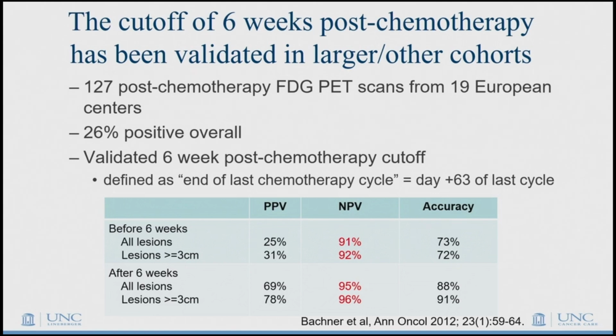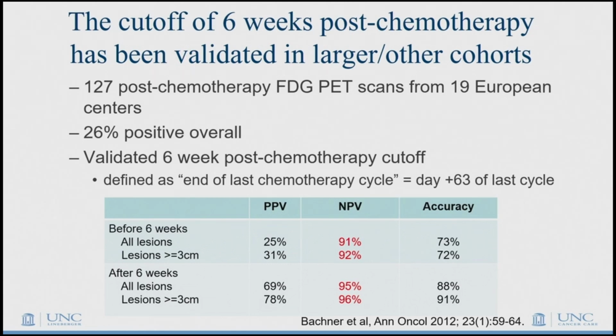I'll just note, I'm a medical oncologist, so sometimes the end of chemotherapy is a little bit vague. So I just want to note that this is truly 6 weeks after the last day of the last cycle of chemotherapy, which may be different than the last dose of chemotherapy. If you're getting EP chemotherapy, you get treated days 1 through 5. The way they defined this is actually day 21 of that cycle was considered the last day, even though that was a good 2.5 weeks after that last dose of chemotherapy. So just make sure it's a good 6 weeks after the final cycle of chemotherapy ends